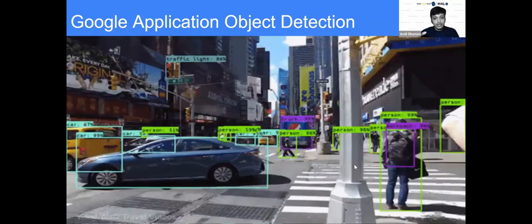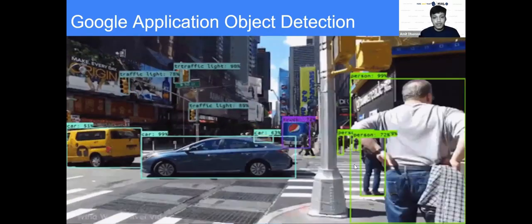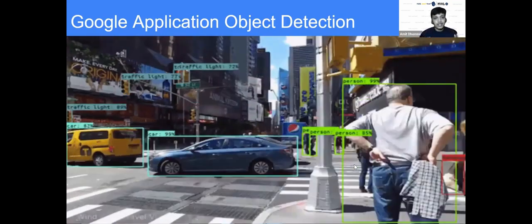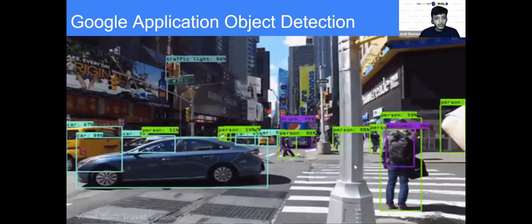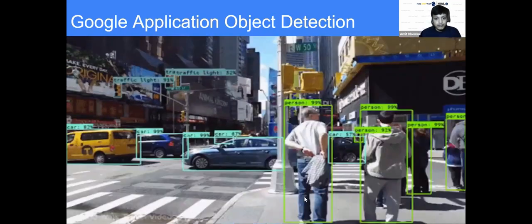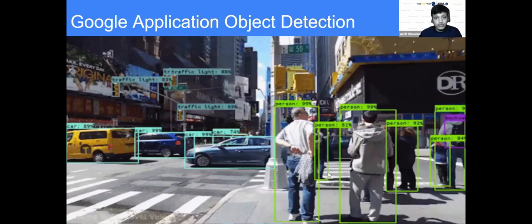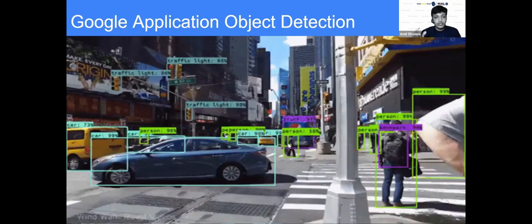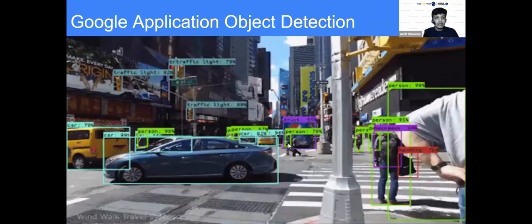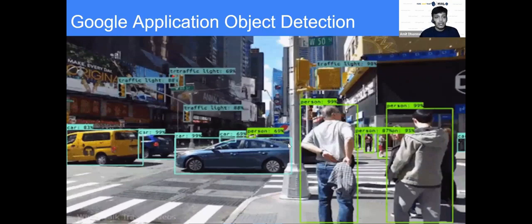The applications based on this object detection, like Google Maps and all, are working on this. The driverless car analyzes whatever object is coming in front of it. Now you see carefully that it is showing car, it is showing person in the box, and you can see the traffic light, it is showing that. It means it is not only detecting the object, but it is detecting the label also. With that label, meaning what kind of object it is. I will show you in my next few slides what label I'm talking about.